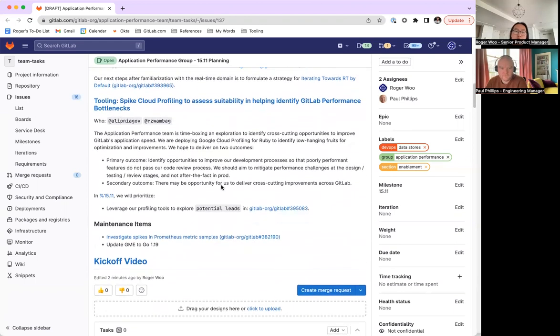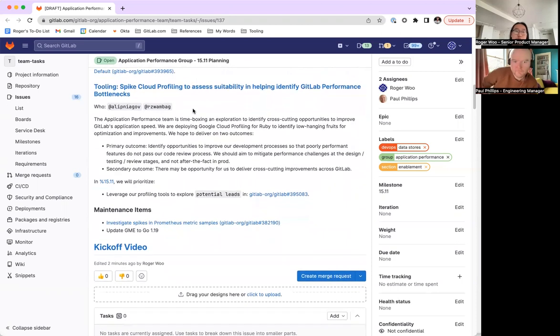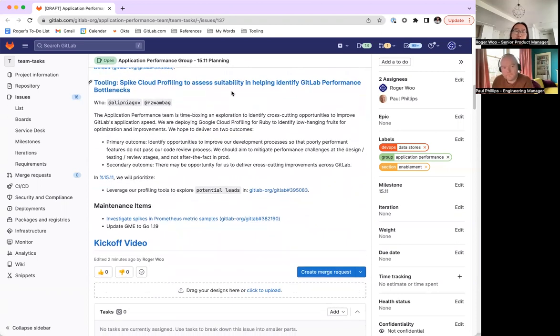The third pillar here is to analyze and time box some of the application performance opportunities we see within GitLab using some of the Google Cloud profiling tooling that we've built out. Paul, do you want to touch on this a little bit more? Yep. So as of now, we've actually deployed the support for Google Cloud profiling to staging, and we're making some